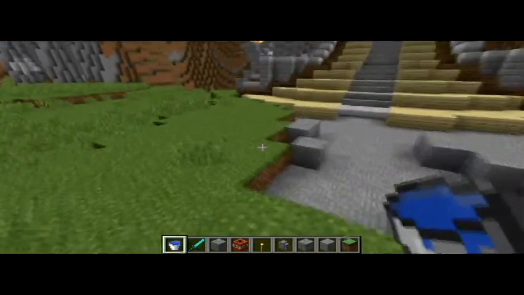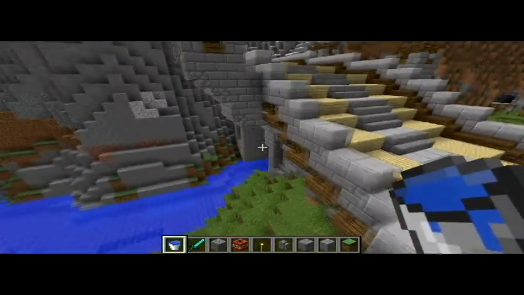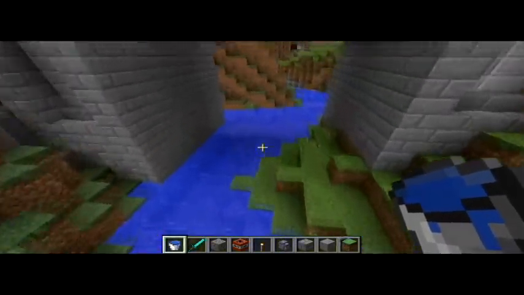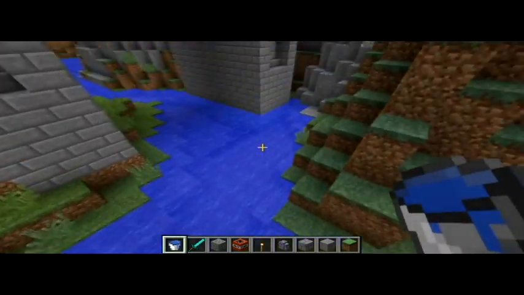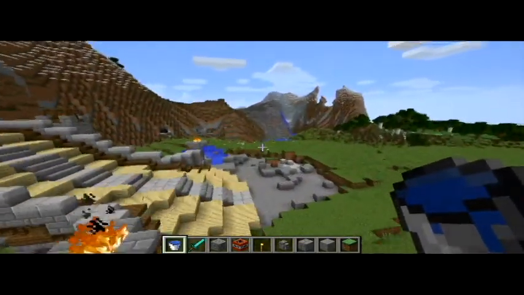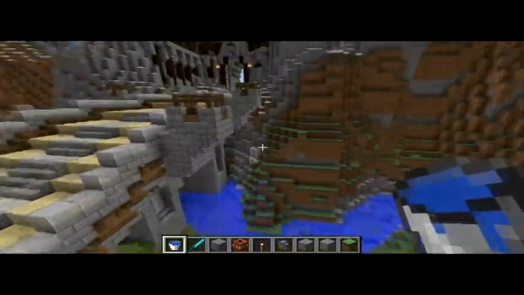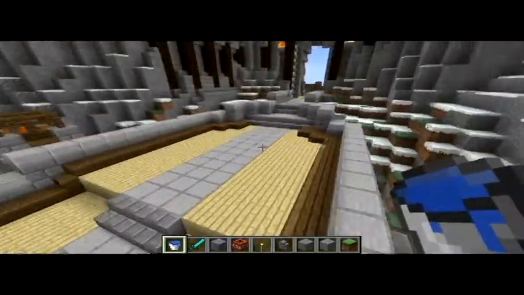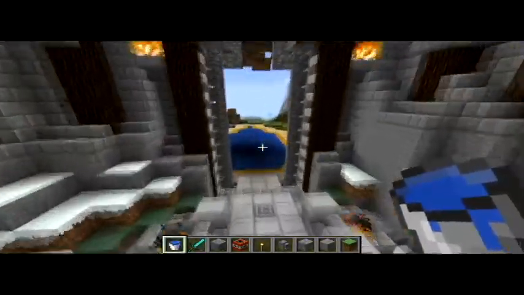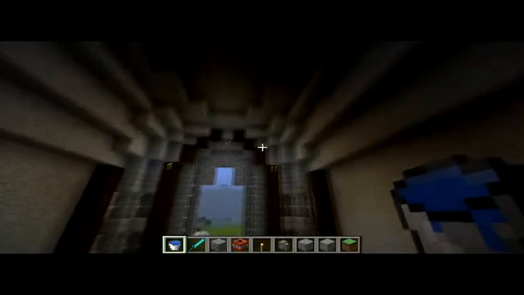Hello and welcome back. As you can see, I spent a lot of time building this gigantic bridge into the entrance of the mine. I've also added a lot of water down here into the valley to turn it into a river for the bridge to go over, of course. I've also put in some light sources in the form of fires, big bonfire lights. If we head into here, you can see that I've pretty much finished hollowing out this area